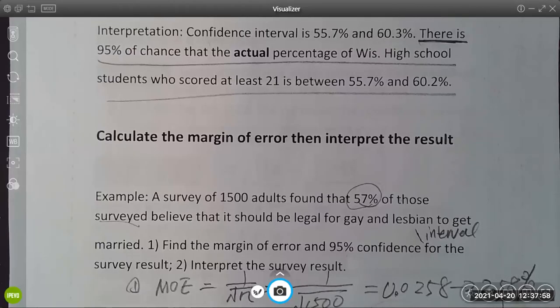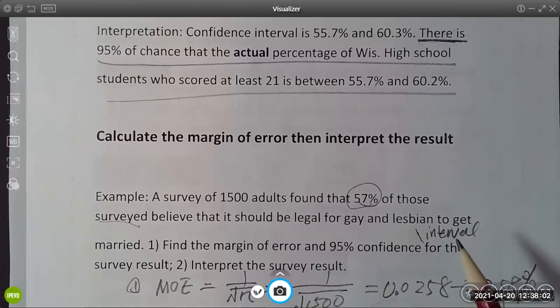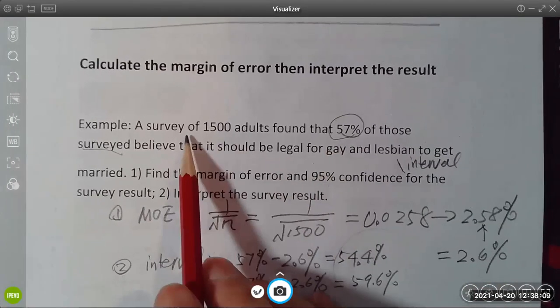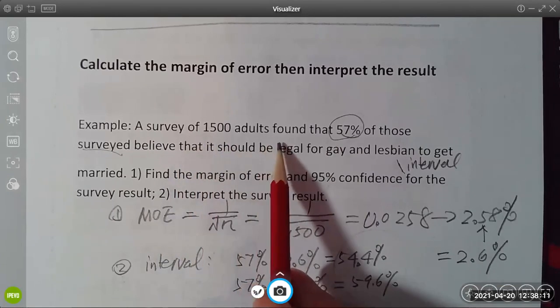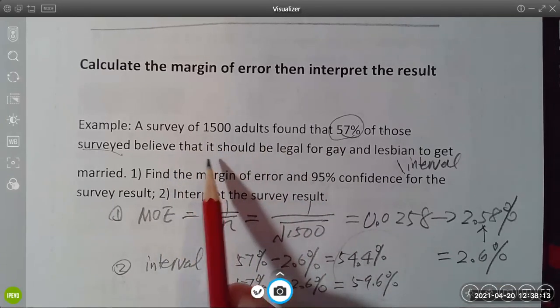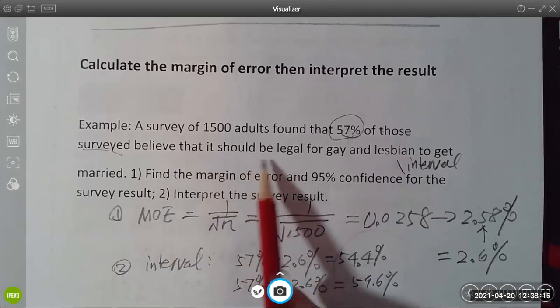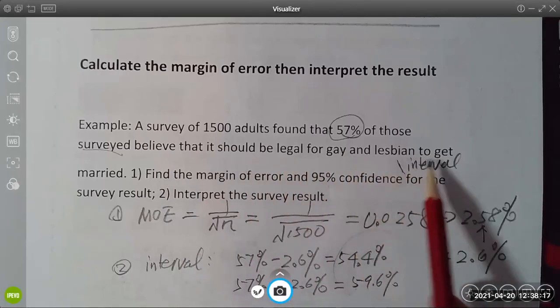That's why there's always a 95% chance. So there is a 95% chance that the actual percentage of adults who believe it should be legal for gay and lesbian couples to get married